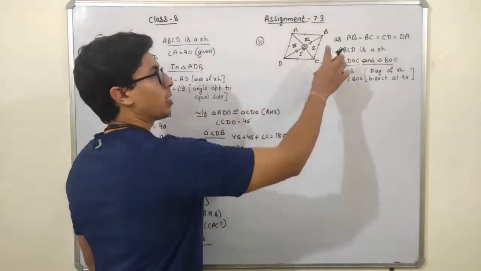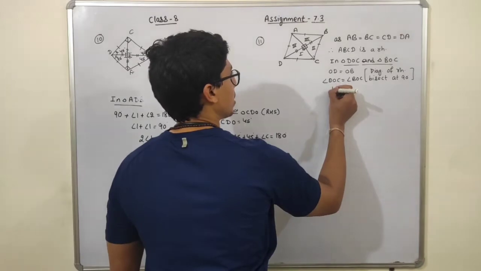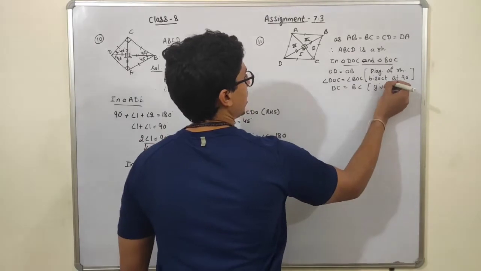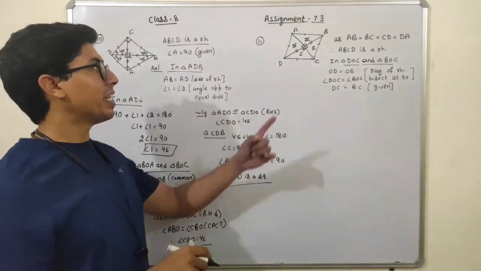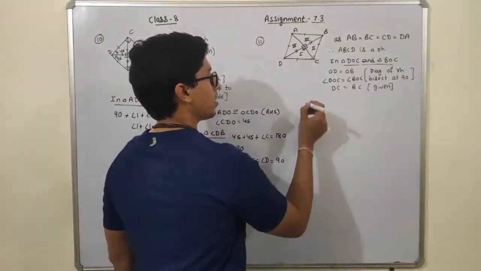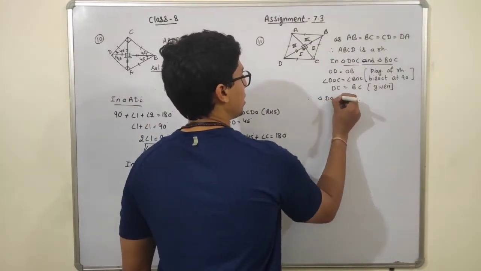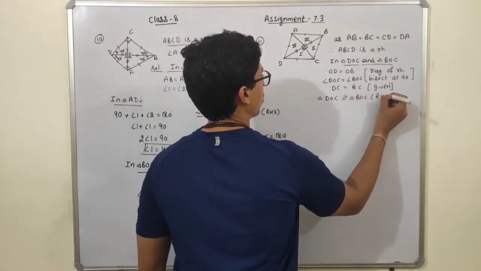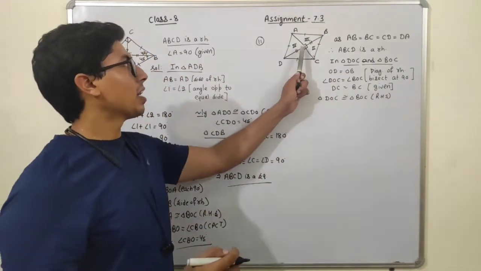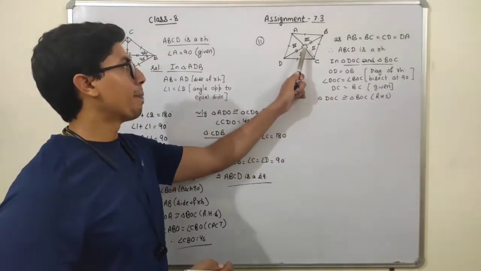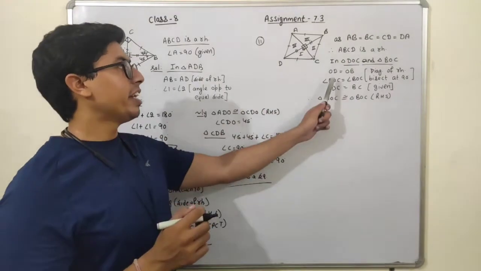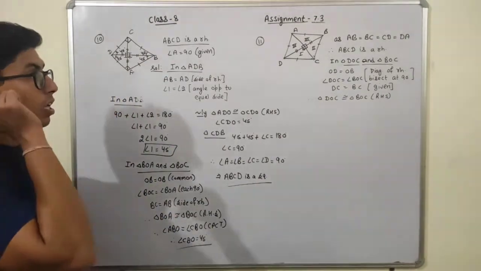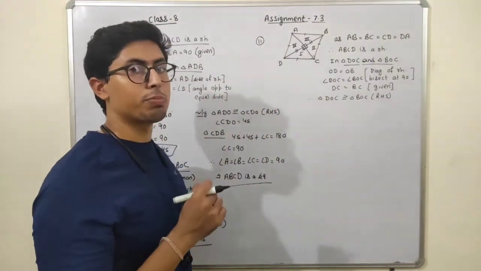Okay. Now students, BC is equal to DC, it is given in the question. So students, I can say that these 2 triangles are congruent now. Therefore, triangle DOC is congruent to triangle BOC by the RHS property, because the right angle is 90 degrees, and the sides DC and BC are the hypotenuse. Okay. So these 2 triangles are congruent by the RHS property.